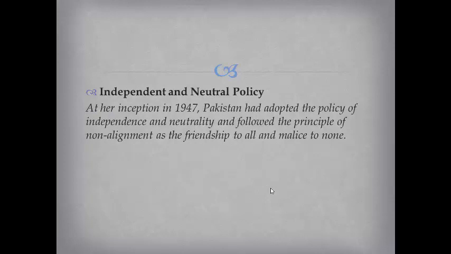Another objective is an independent and neutral policy. However, Pakistan has made its policy independent and neutral, but Pakistan never remained independent and never remained neutral. There were certain mistakes made by Pakistan by siding with someone and then siding with another, and now, in the current time, Pakistan is doing its best to remain neutral and play a balanced role among all the nations of the world. At her inception in 1947, Pakistan had adopted the policy of independence and neutrality and followed